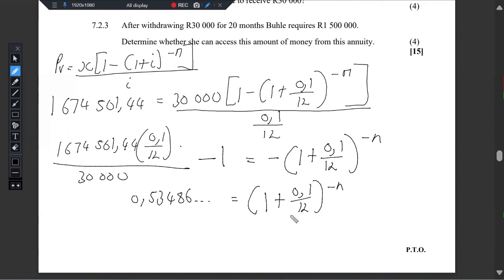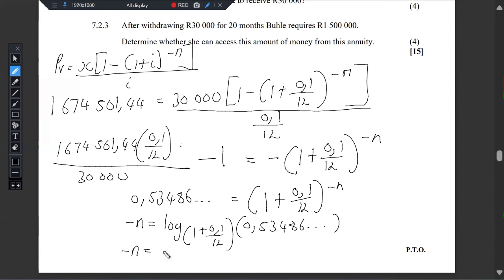Now at this point, you want to just log all of this. So -n is equals to log of 1 plus 0.1 over 12. And then you write all of this answer here. Because it will be saved in your calculator, you can just say answer. Then you punch all of that there. Now, if you punch, it should give you a negative value. So it's negative 75.4, meant to say. Then you can divide by -1 both sides again. And then your n is